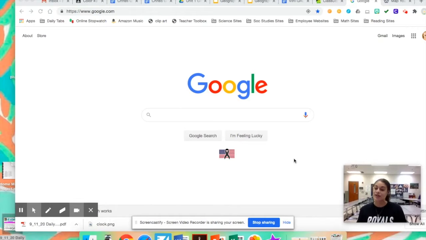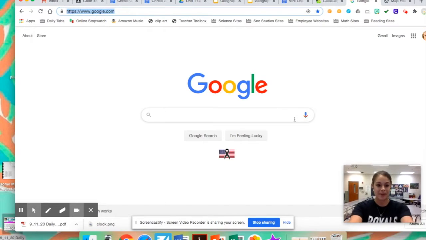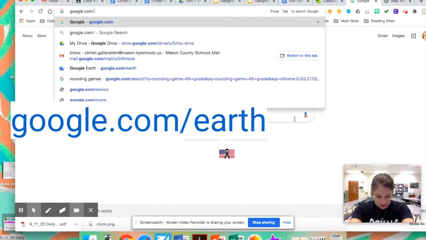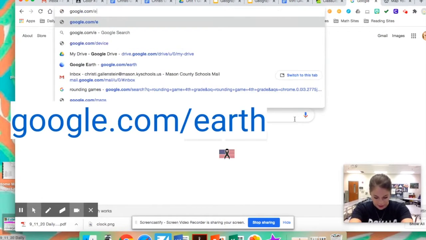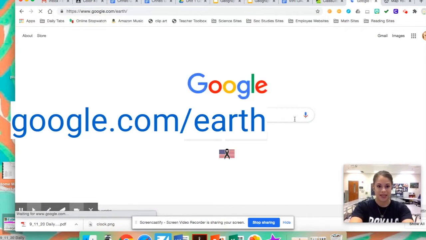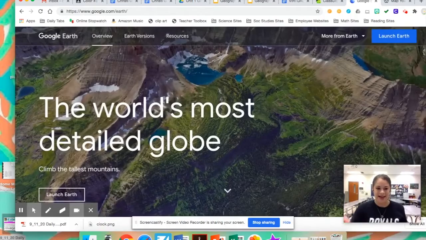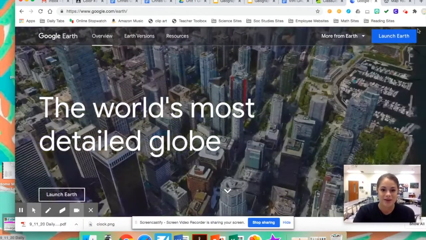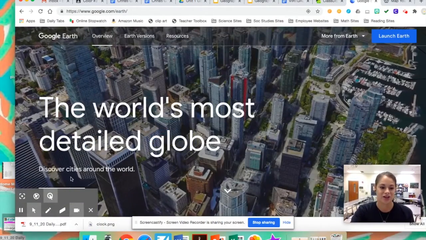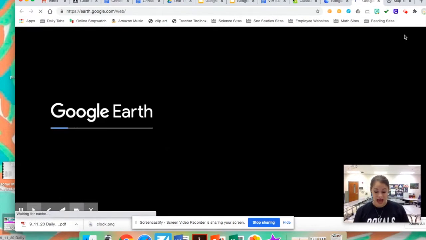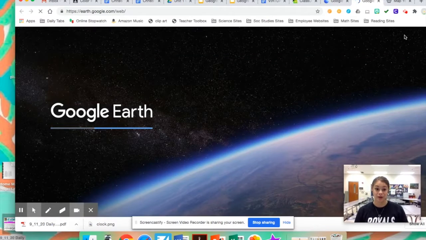So the first thing that you'll be doing is open a new tab and go to google.com/earth. And it will take you here. Now, once you're here, you have two options to launch Earth. You can do it in the top corner or even down here. Either one is fine. So you're going to click Launch Earth, and it'll take a moment to load because